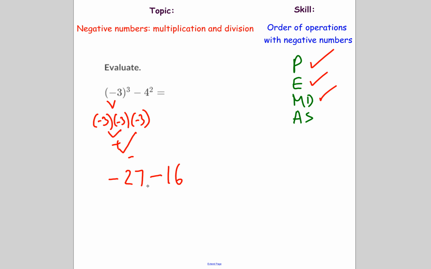So negative 27 and negative 16. Well, I have a whole bunch of negatives, and I have a whole bunch more negatives. So it's going to be a negative. And it's really just the addition of these two numbers, 16 and 27, which is, you know what? I can't do that in my head, so